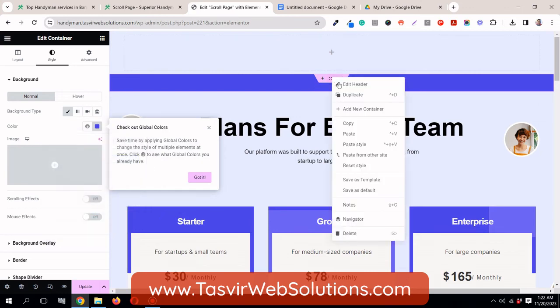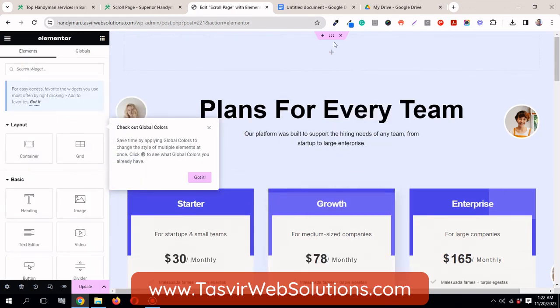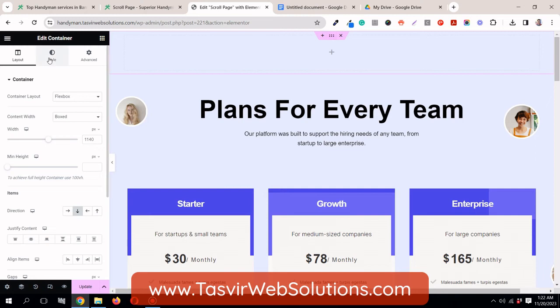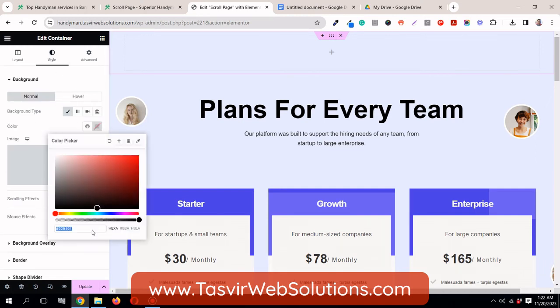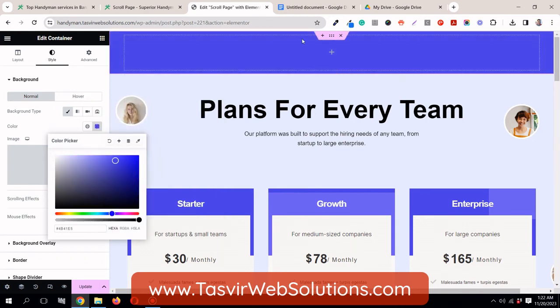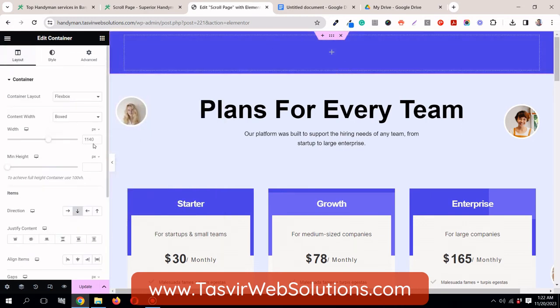Copy, let's delete this, we don't need this. We're going to need the top container. Paste the color, then let's